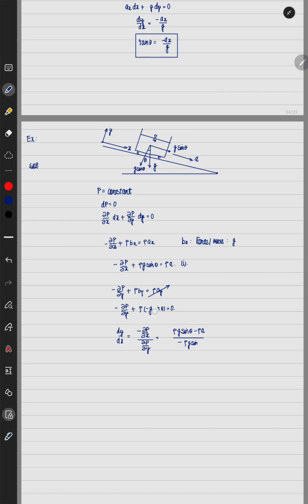Sorry, cos theta. This is cos theta. Okay, so this is the x. Now I can cancel rho. A minus g sine theta divided by g cos theta. This is the equation of